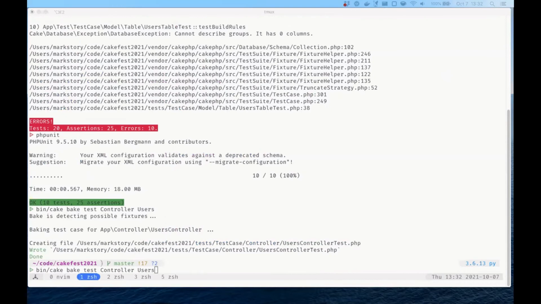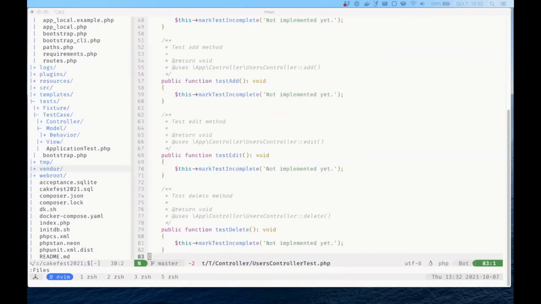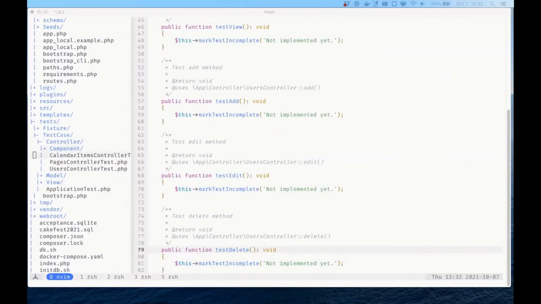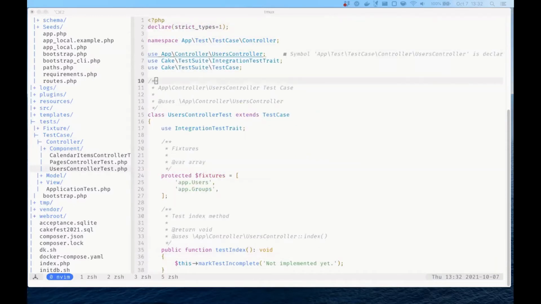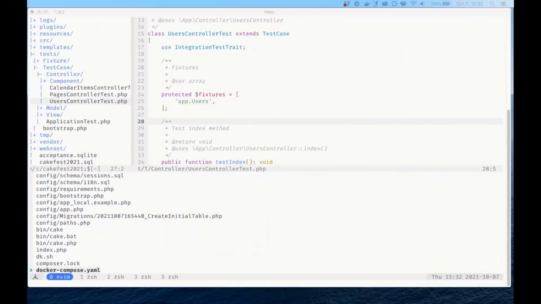Okay, so we have a test there, and then we're going to bake a controller that we'll need in a little bit. We're going to call it calendar items. And that'll make a controller and a test case, which is good. And then we can go to this users test. We've got our users, we've got groups, we're going to delete groups. So our users fixture